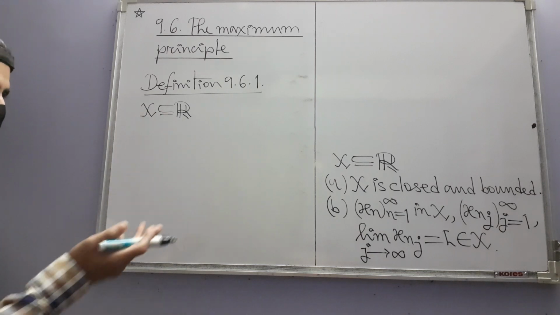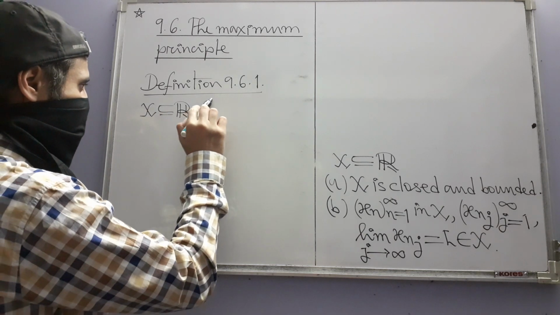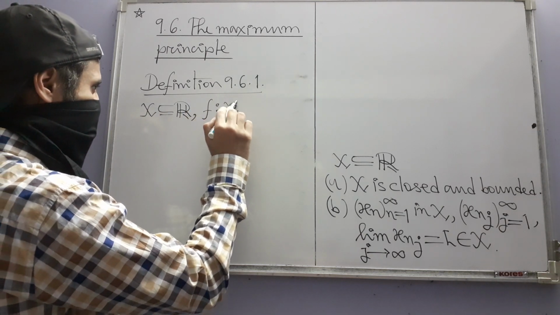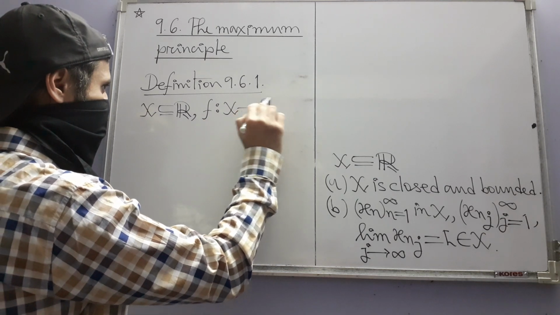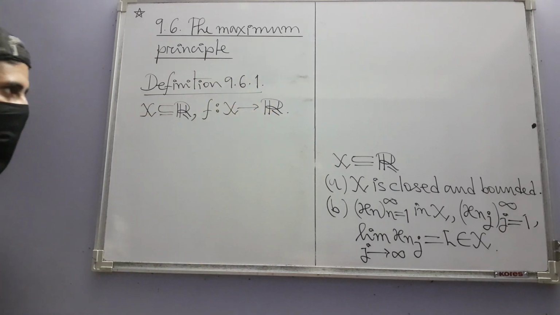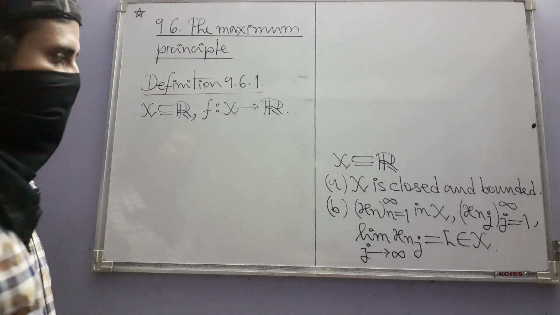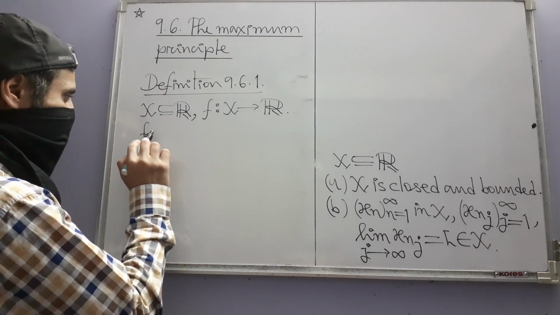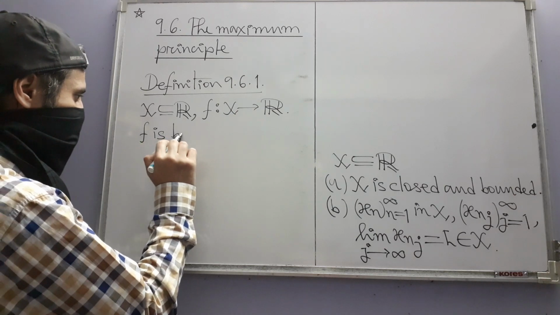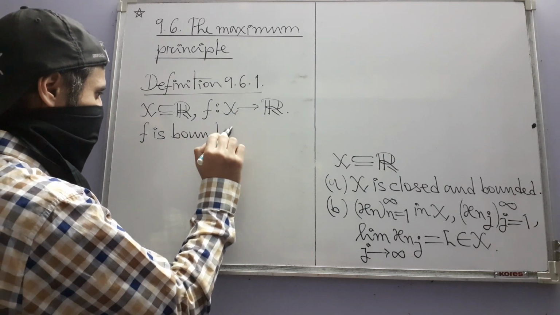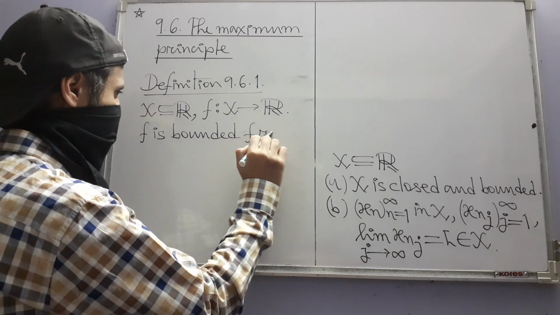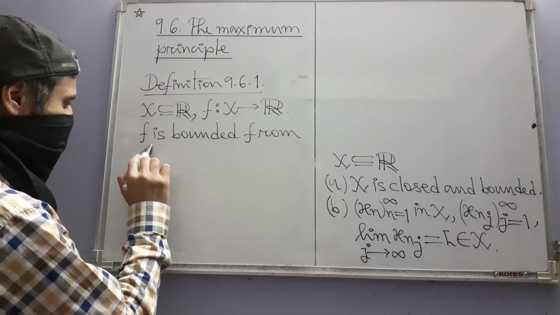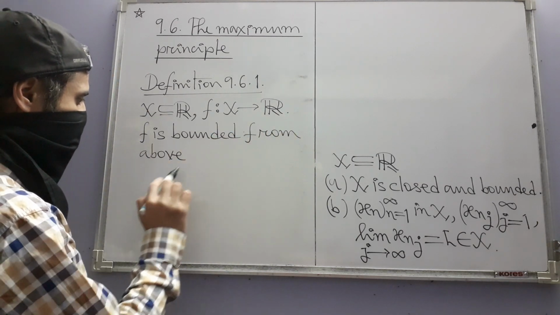Again, let X be a subset of R and F be a real valued function defined on X, that is, it has X as its domain. Then we say that F is bounded from above if